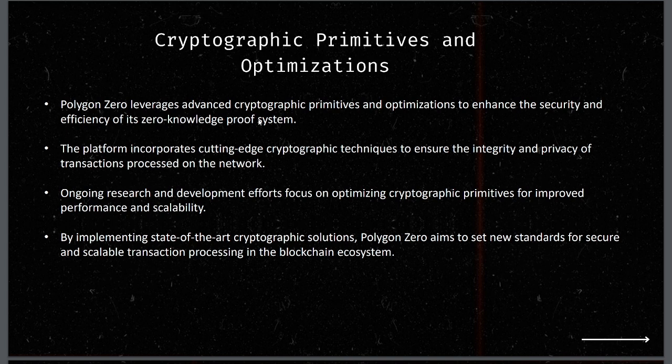Next up is cryptographic primitives and optimizations. So Polygon Zero is known for leveraging advanced cryptographic primitives and optimization, which enhances the security and efficiency of its ZK proof system. We are seeing a lot of development in terms of collaboration and communication between the teams, and cutting edge cryptographic techniques are used for the integrity and privacy of transactions. Ongoing research and development is focusing on improved performance and scalability. By implementing the state-of-the-art cryptographic solution, Polygon Zero aims to set new standards for secure and scalable transaction processing in